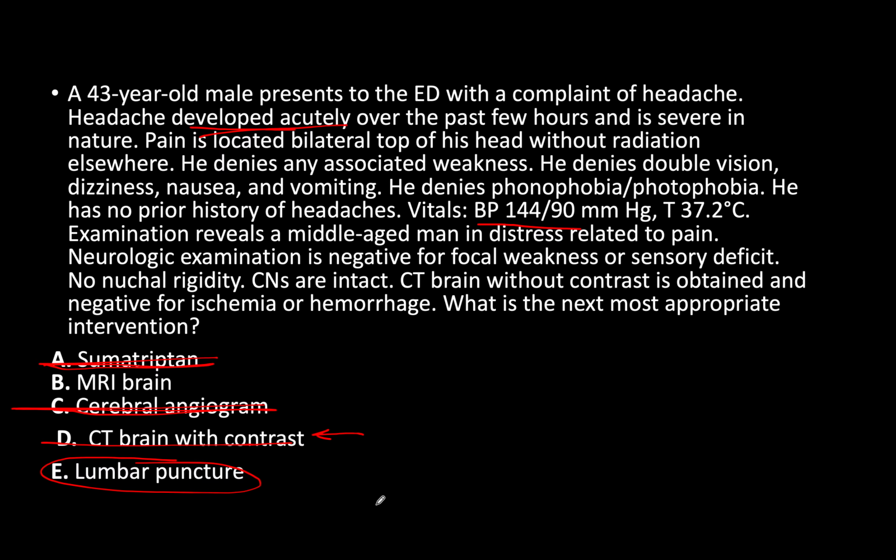All right. And so things that point us in the direction of a subarachnoid hemorrhage would be this elevated blood pressure and the acute presentation of the headache. If it's an acute presentation of headache and it's something related to vascularity, especially when it's severe in nature, that really makes us think of a subarachnoid hemorrhage, right? That's our thunderclap headache. Now that it's Step 2, they're not going to use the word thunderclap anymore, right?